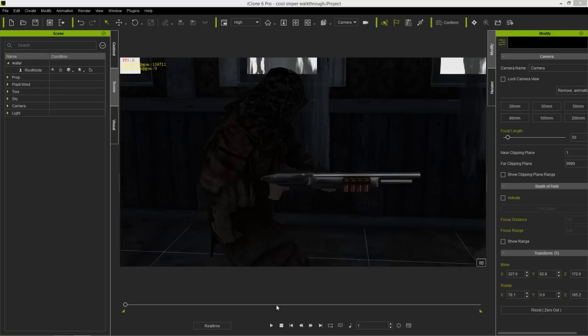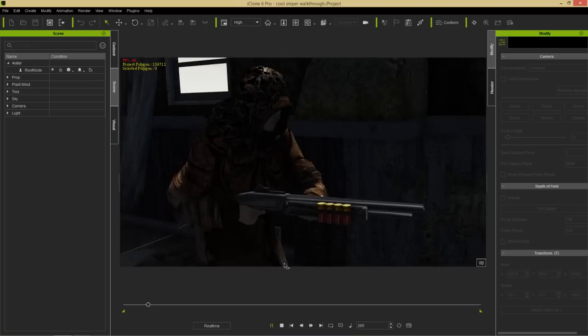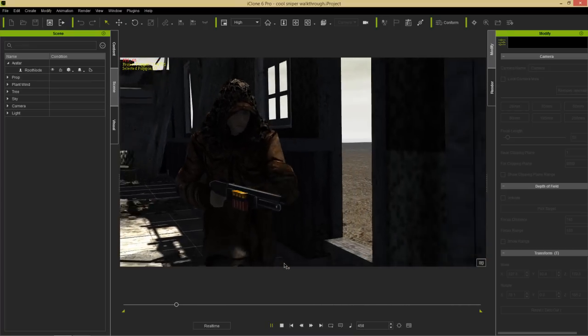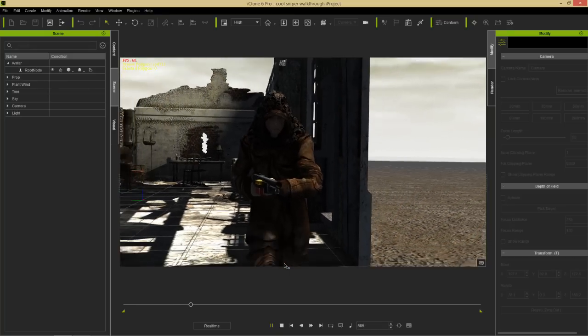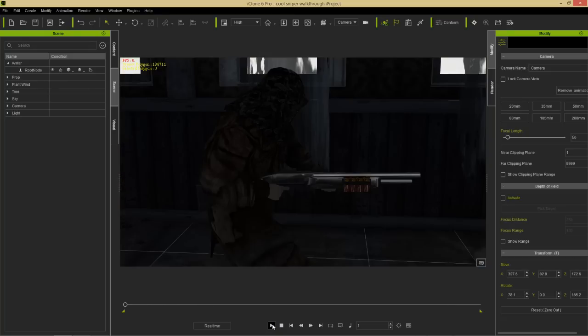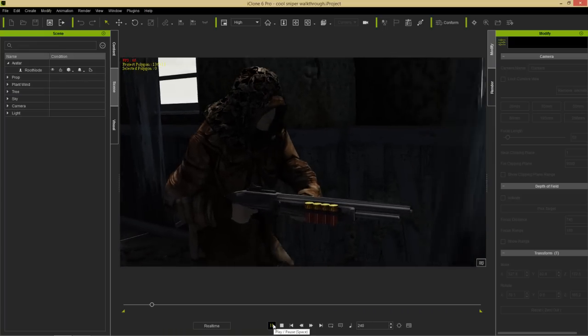Hey everybody, in this tutorial I'm going to be showing you how you can use the prop puppet tool to quickly create some really cool previs camera angles and camera movement. So what you see on the screen right here is this deadly looking sniper dude walking through this house, and we're going to be recreating this sort of camera movement simply by using our prop puppet tool to move the